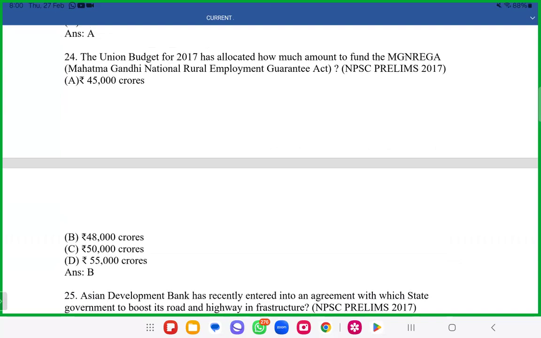Yes, sir. So the Union Budget can be important for MCQs as well. More importantly, it is important for your mains. Not necessarily that you have to write about the 2023 Union Budget. When you're writing about MGNREGA, you can always compare and contrast whether it is increasing or decreasing, looking at 2017, 2024, 2025. There are no hard and fast rules. However, for questions like the Union Budget of 2017 in MCQ, you need to know the exact amount of 2017.